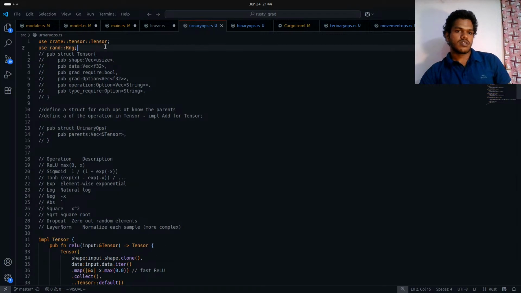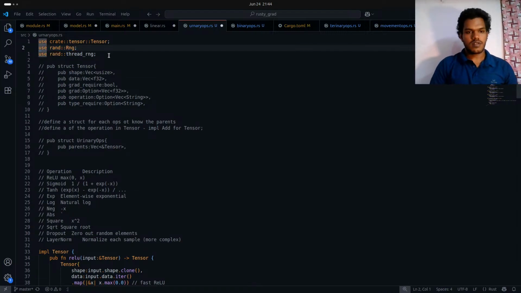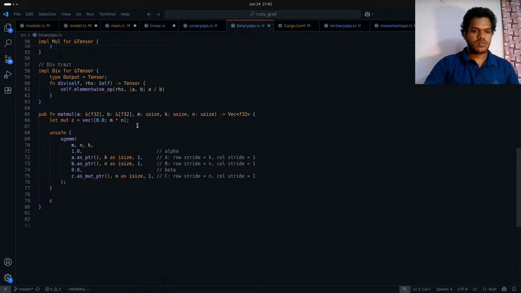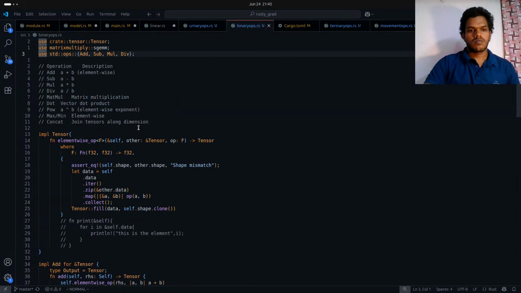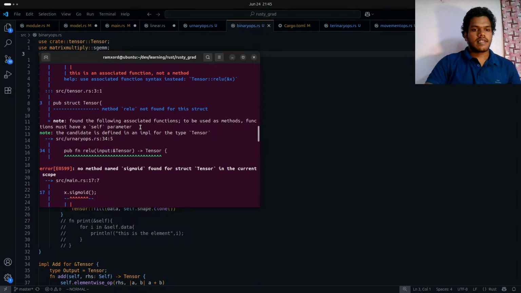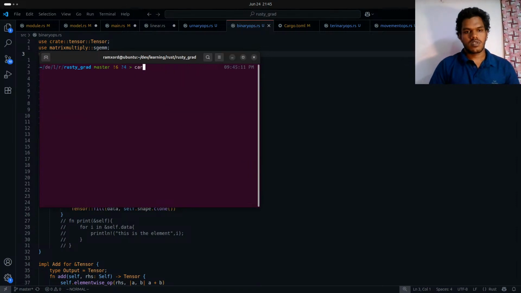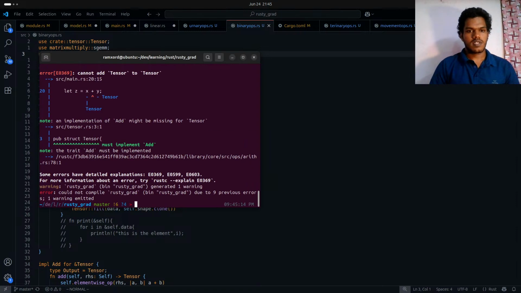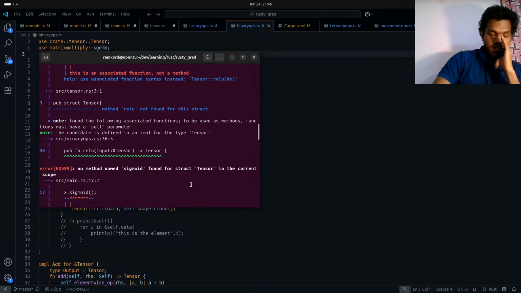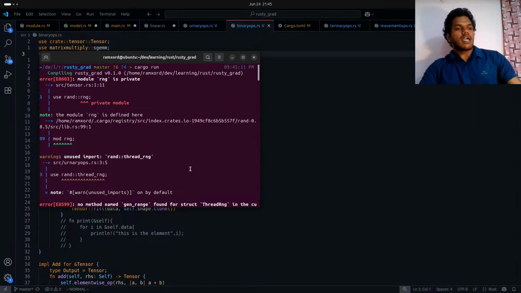Yeah. And here we don't need. Tensor add might be missing for a tensor. Okay, I think